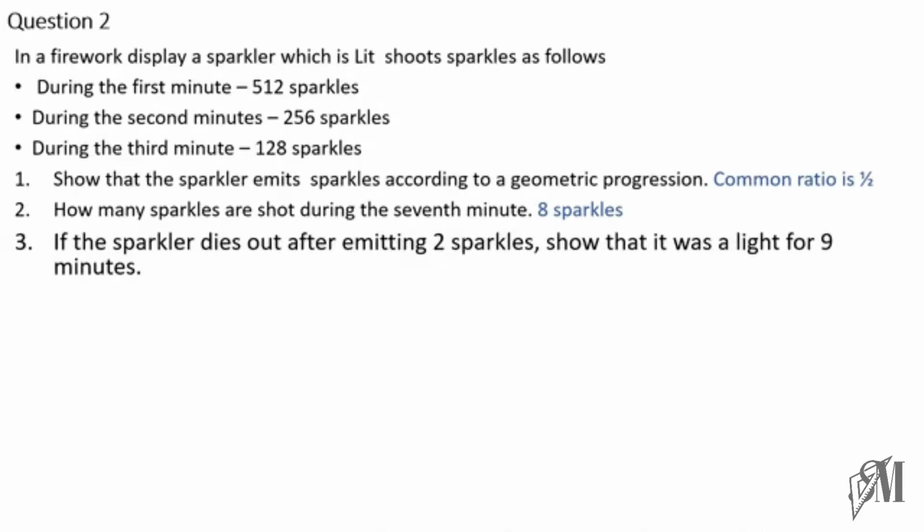The third part of the question is, if the sparkler dies out after emitting 2 sparkles, show that it was lit for 9 minutes. So you have to show it is lit for 9 minutes. For that, you have to show 2 sparkles are released in the 9th minute. For that, you take the Tn, instead of Tn you put 2 and the remaining values. So here you have to find n. You have to show n is equal to 9. That tells the sparkler will die at